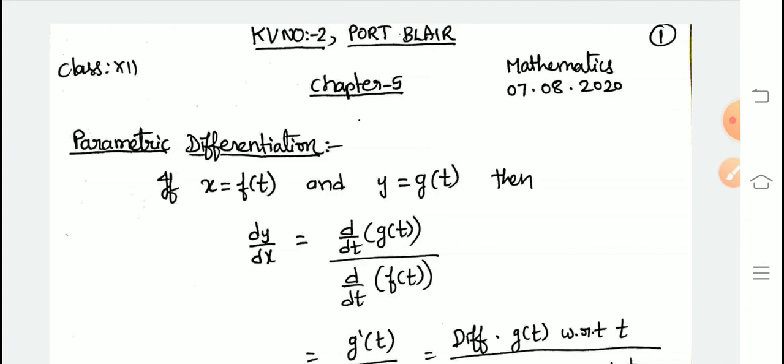This is about chapter 5, continuity and differentiability, class 12th standard mathematics. It is a continuation of the earlier video, which is video number 10. Now this is the 11th episode related to continuity and differentiability. Till now I have uploaded 10 videos, and this is the 11th one. In the continuation, if you see everything, you will understand.